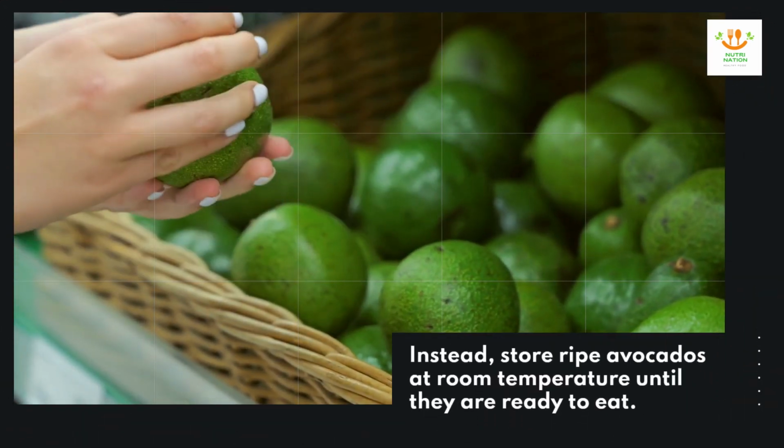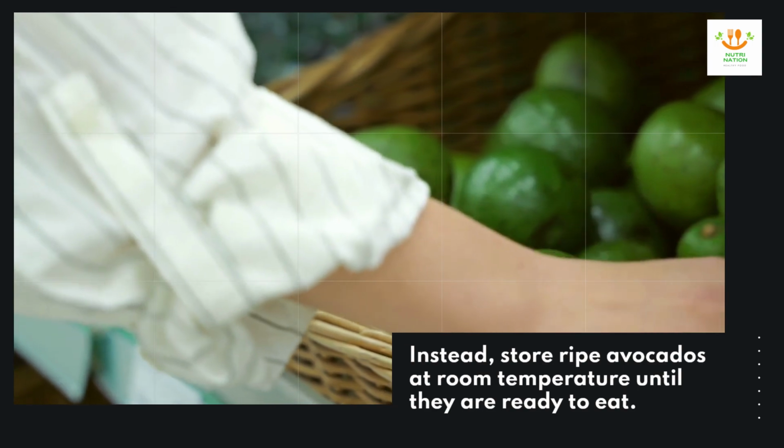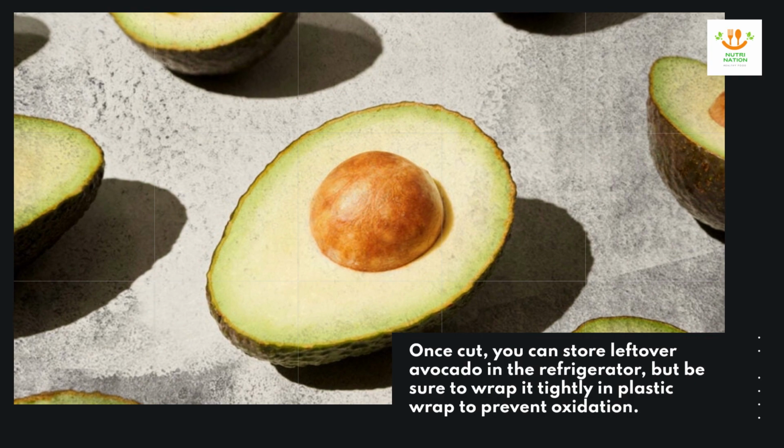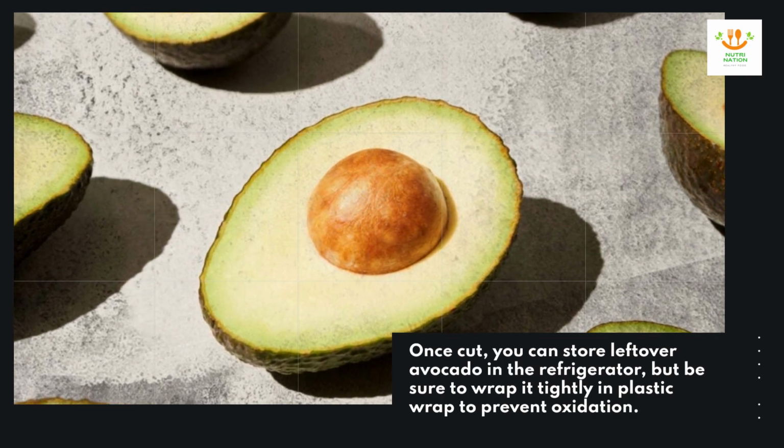Instead, store ripe avocados at room temperature until they are ready to eat. Once cut, you can store leftover avocado in the refrigerator, but be sure to wrap it tightly in plastic wrap